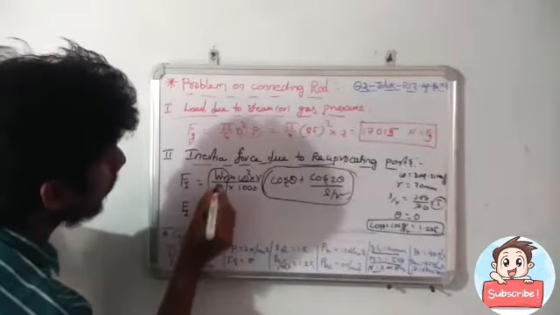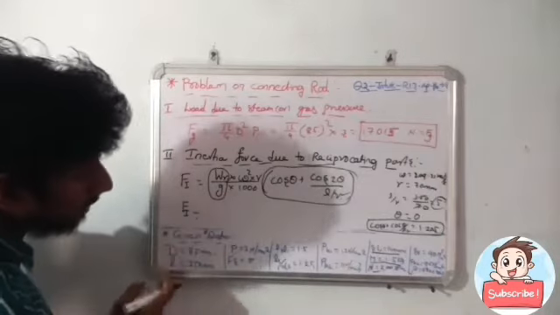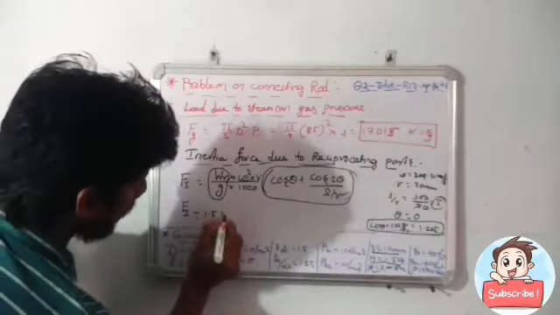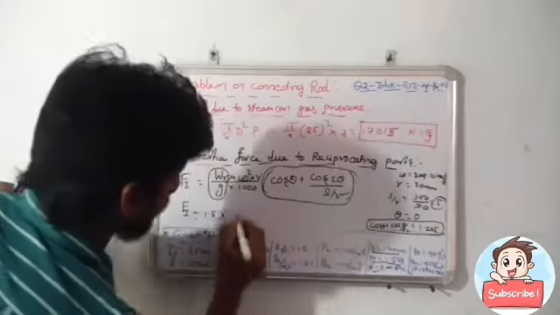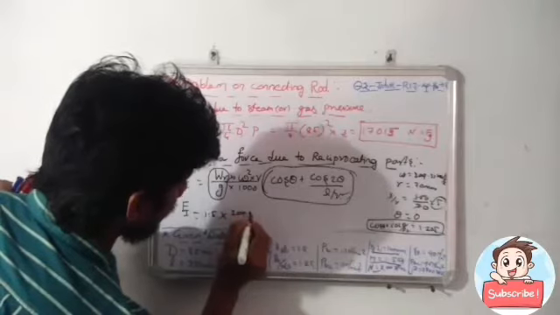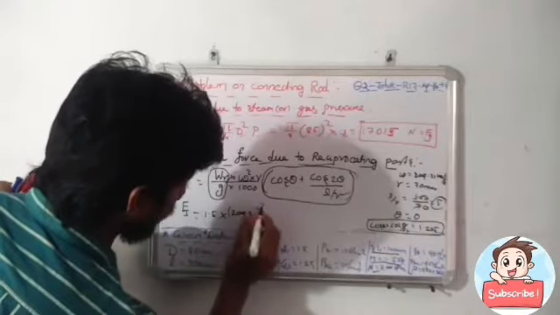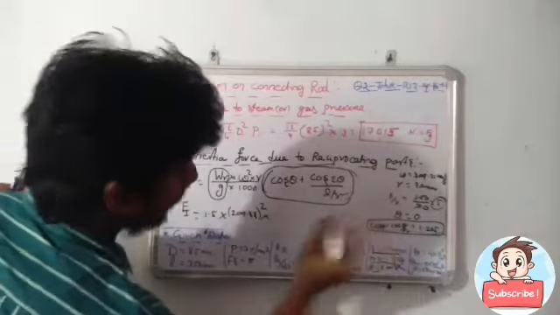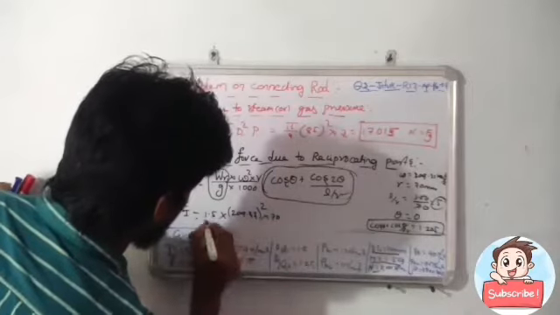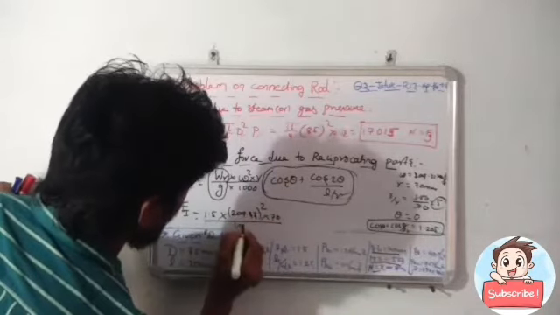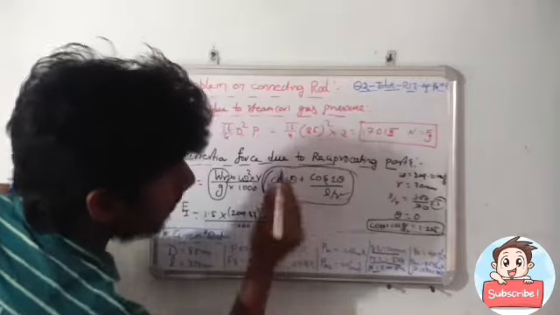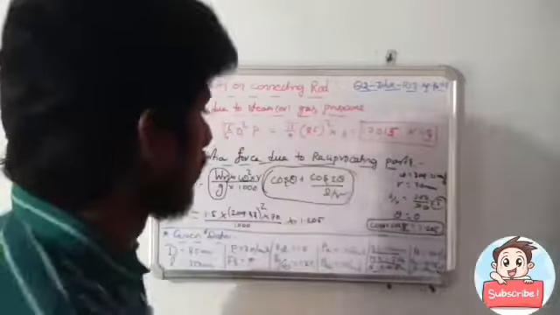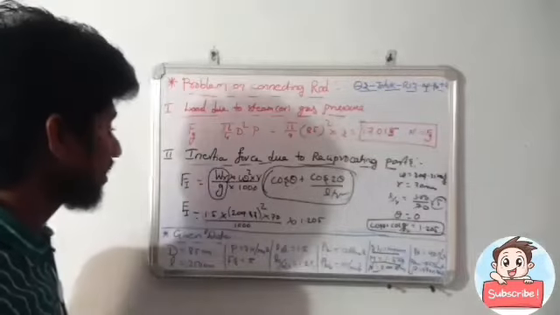So Fi equal to weight of the reciprocating parts to gravity, that is the mass we have defined. That value equal to 1.5 into omega, 0.9 into 3.33 whole square, into R, that is 70 mm divided by 1000, into the inertia factor value here, 1.205. So by simplifying this one, we get the inertia factor value.